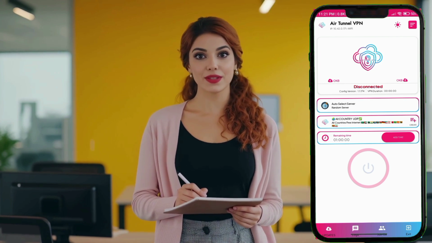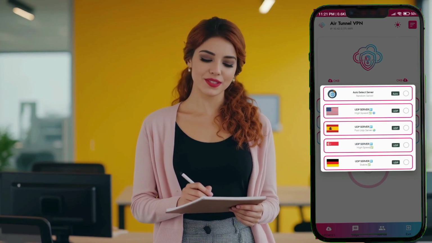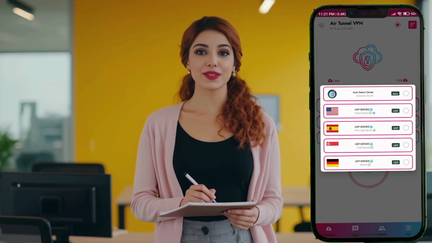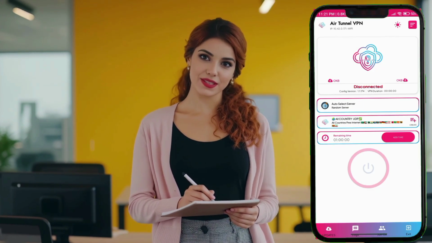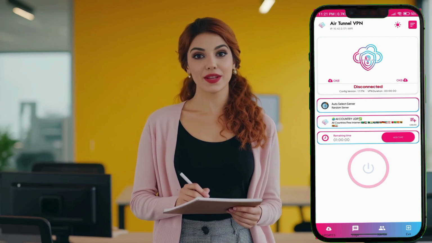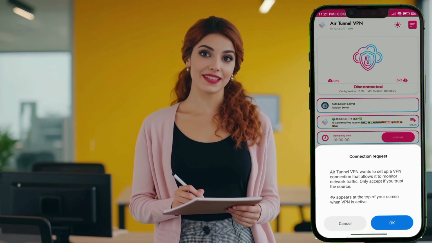After that, tap on the server selection option. You can choose a server manually or leave it on auto select so the app can automatically pick the best server for your location. If your connection time runs out, you can extend it by tapping on the Add Time button. Finally, tap on the Start button to begin the connection. As you can see, it connects successfully and provides a